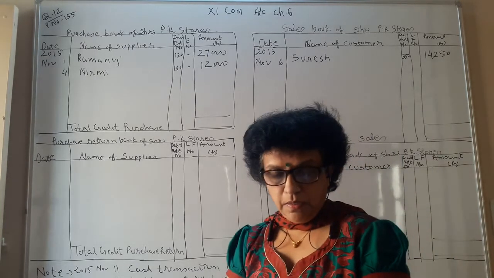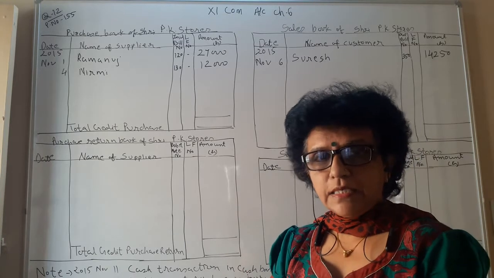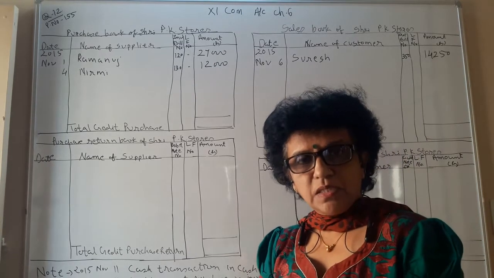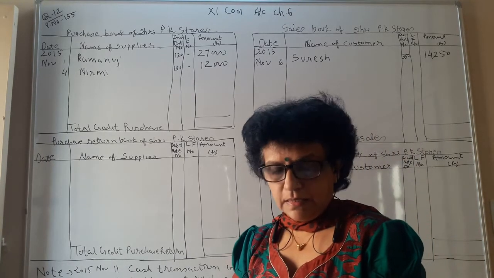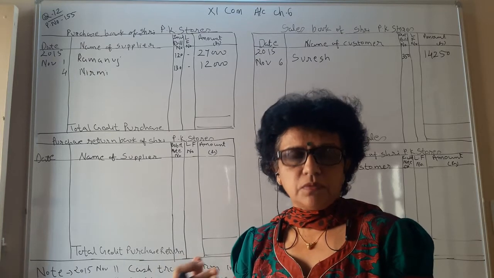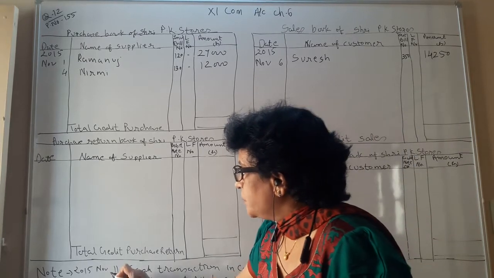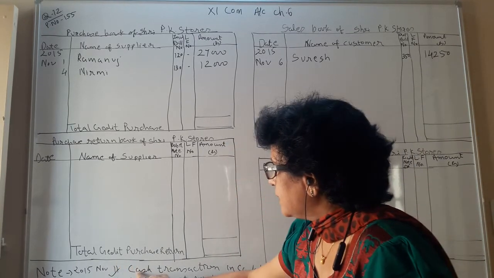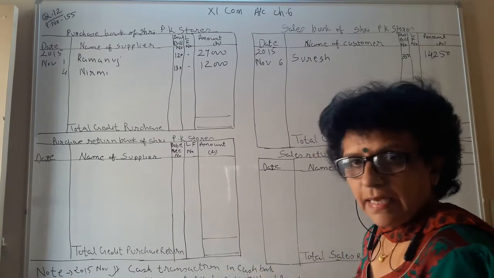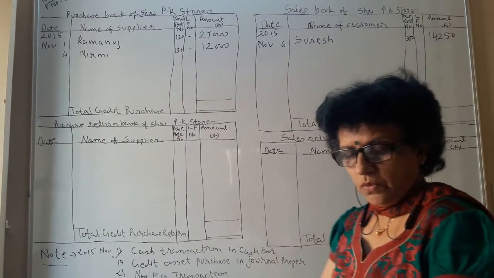Then on 11, purchase goods of 10,000, cash memo, underline cash memo. When the cash memo is prepared, it means that it is a cash transaction. Secondly, no name of party is given, so it also indicates a cash transaction. So we have to write a note. Note for the 11th transaction: cash transaction, in the cash book. It won't be recorded in any of the books.